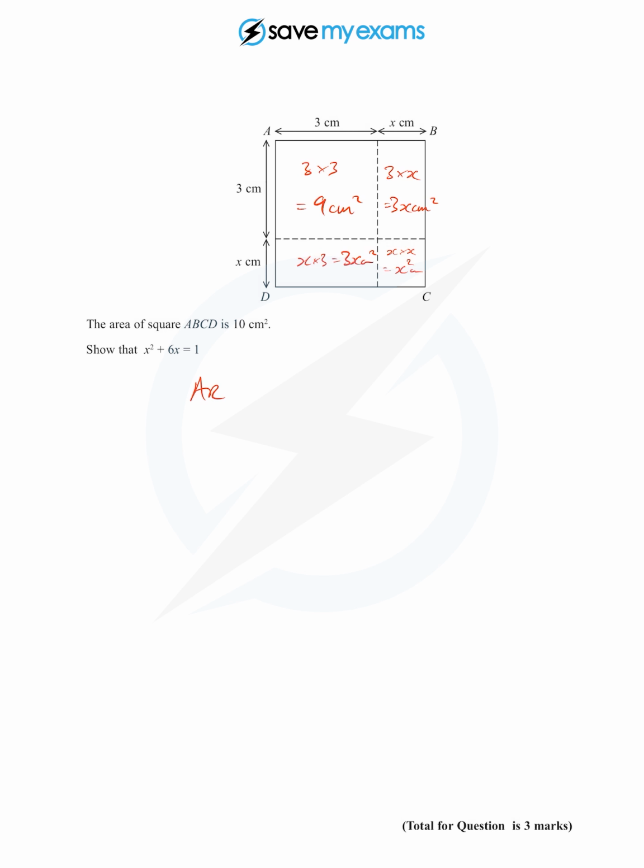And so if we just say that the total area, let's write it like that, the total area is equal to 10, we can then say 3 times 3 is 9, plus the 3x, plus the other 3x, plus the x squared is equal to 10. And we're almost there. 3x plus 3x is 6x, so I've got 9 plus 6x plus x squared equals 10,